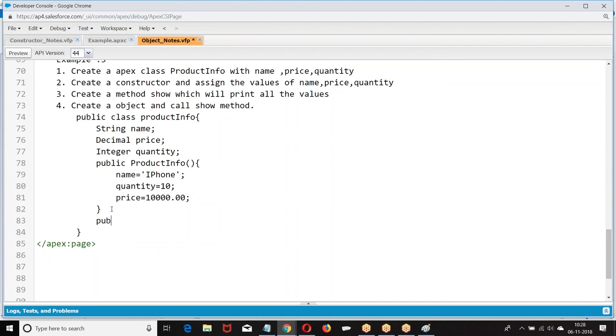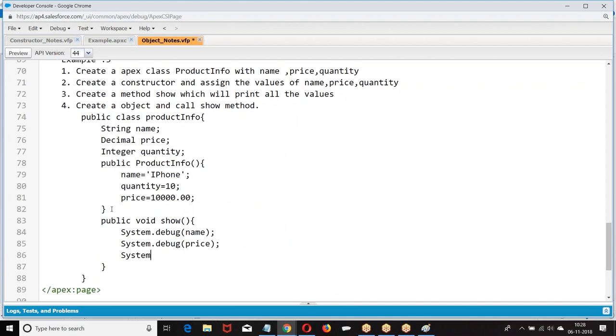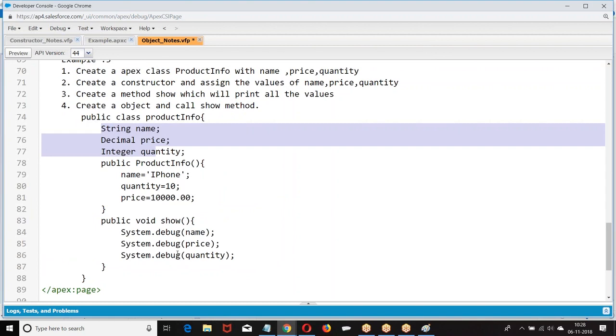Public. Why did I give public? I want to call this outside the class. Now, I can use these variables within the class.